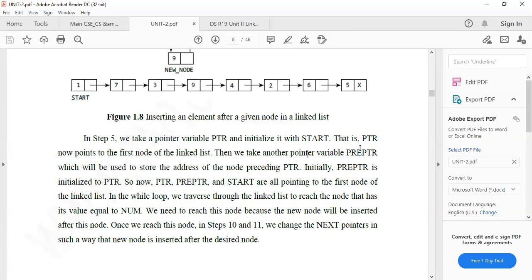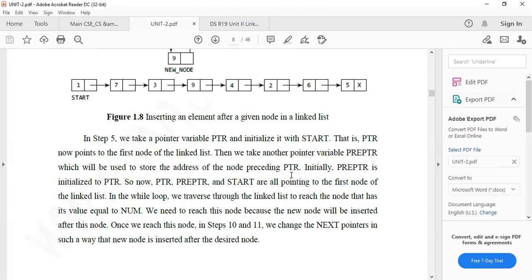Now here PTR points to the first node of the linked list. I have already shown you in the previous example. First of all, PTR points to the first node of the linked list, that is start. Then we take another pointer variable pre-PTR, which will be used to store the address of the node preceding PTR.